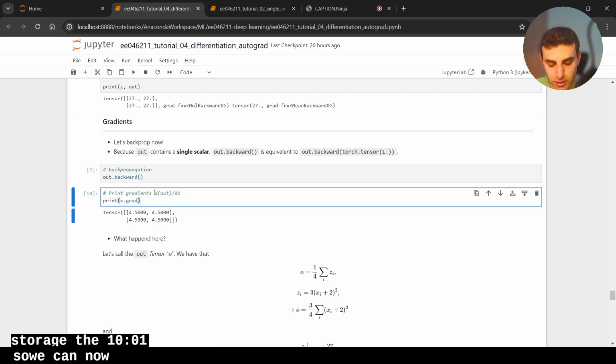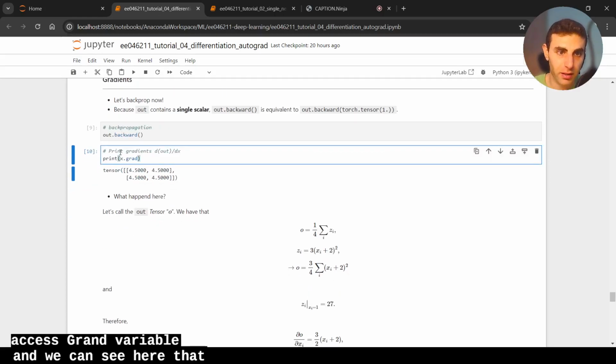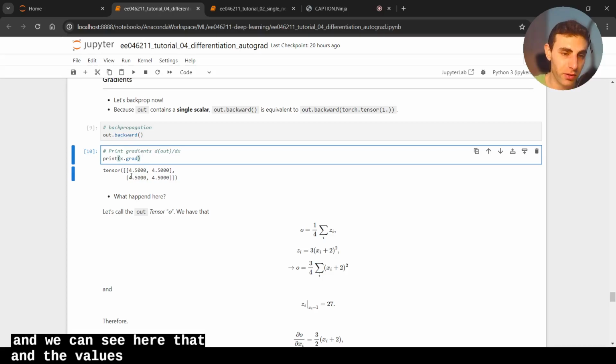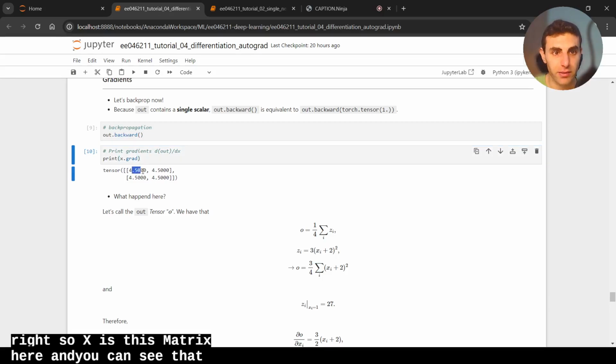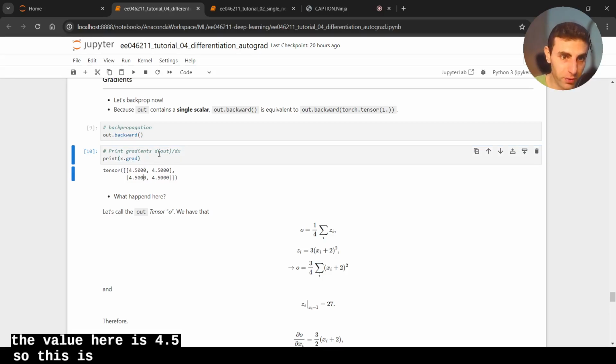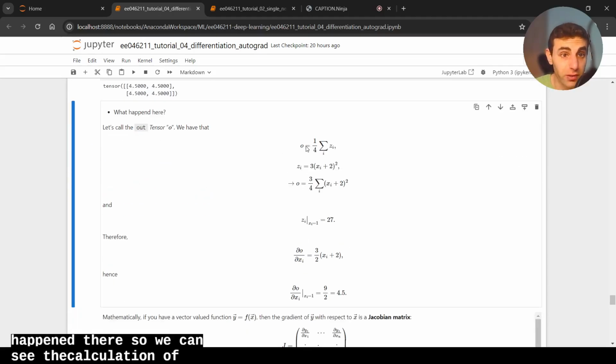So we can now access the x.grad variable, and we can see the values. We know that x.grad is going to have the same shape as x, right? So x is this matrix here, and you can see that the value here is 4.5. So this is the output of d out over dx. Now what happened here? Let's see how we calculated O. O was calculated as the mean of the zi intermediate variable. So if we set zi to its values, then it's this value here. And when we take the derivative of O with respect to x, we can do this by hand, and we get